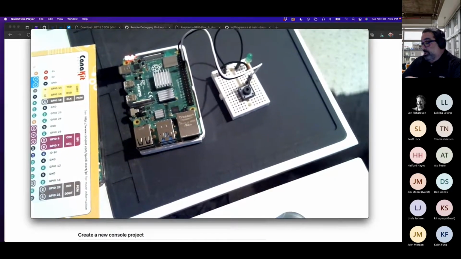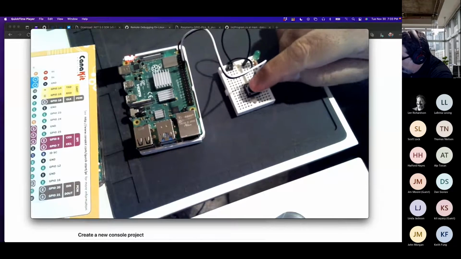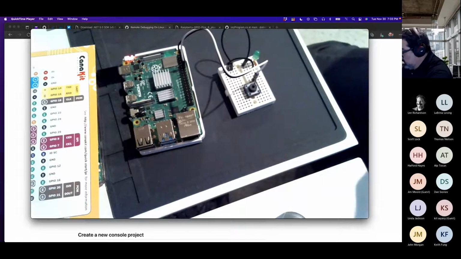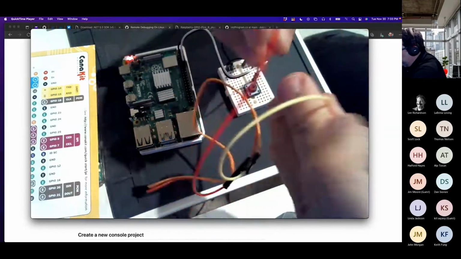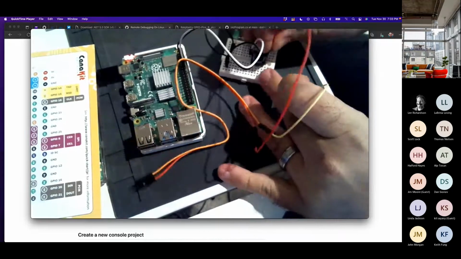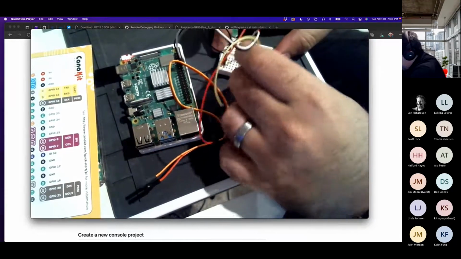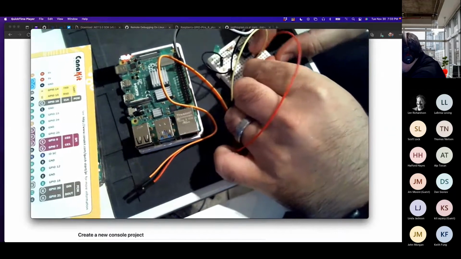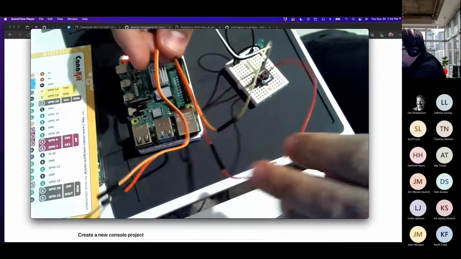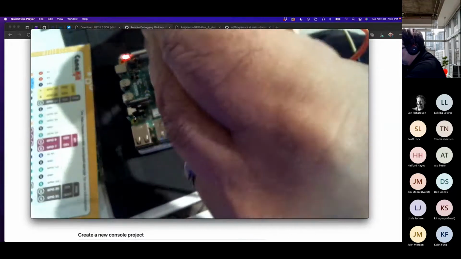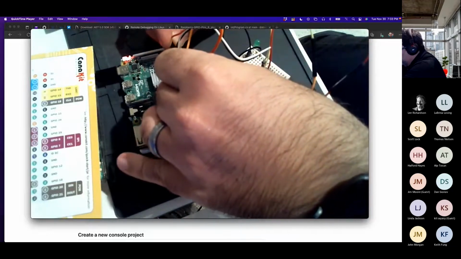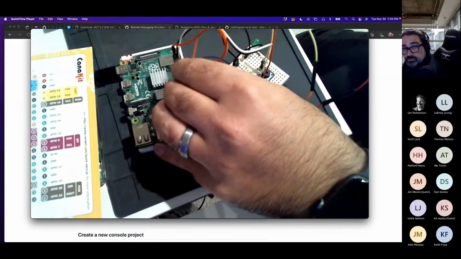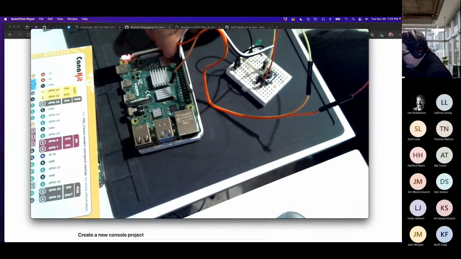So if you've ever used a button component, basically what's going to happen here is when I press, the two pins that are on top of this button are basically going to be bridged. So I'm going to go ahead and just put a red one on one of the pins and a yellow one on the second pin. And it's really easy, just because this board is so small, to get this wrong. Now I'm going to be sending power, so I'm going to be using 3.3 volts from the top here. So there it is, 3.3 volts on the top.